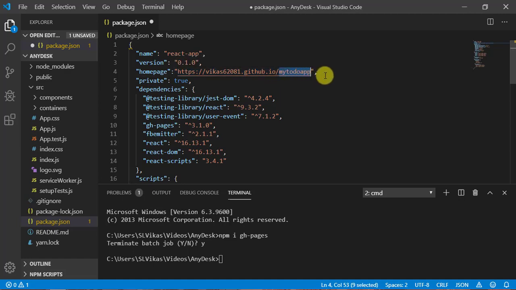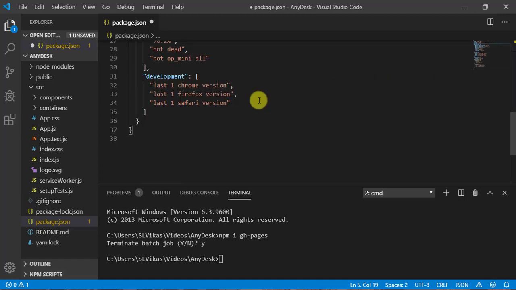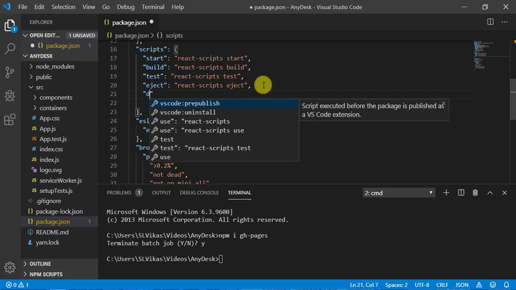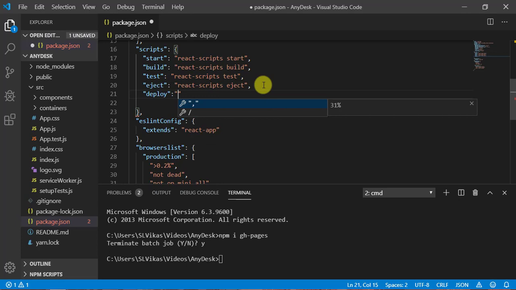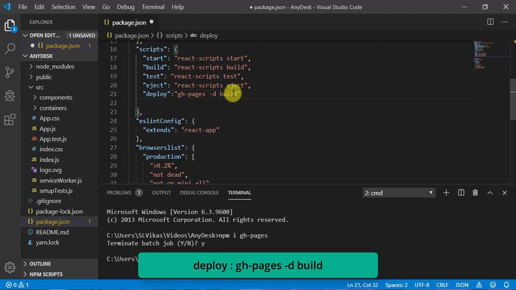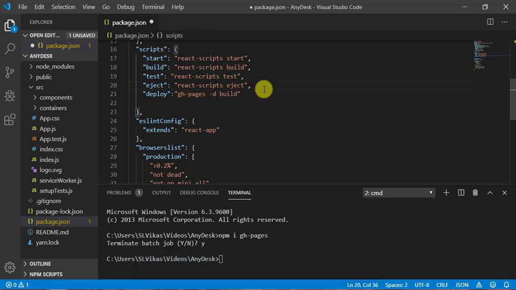Now we need to modify the scripts section because we are going to deploy this application. For that we need to write here deploy, and the value is going to be gh-pages, and the directory is going to be build. I am defining that it has to deploy this build folder. This is the folder location.